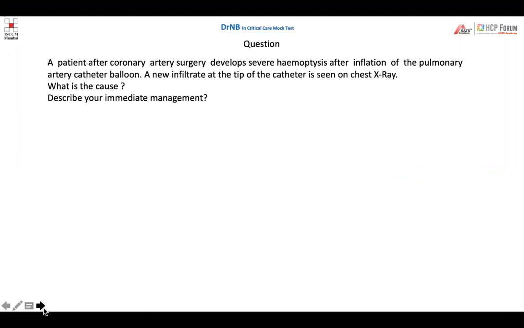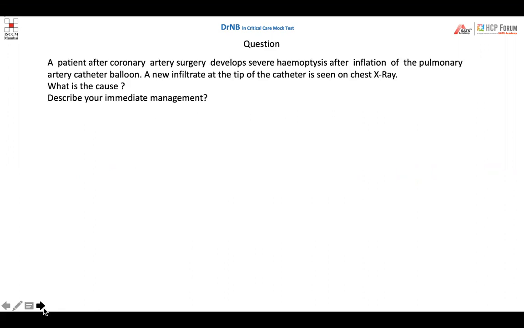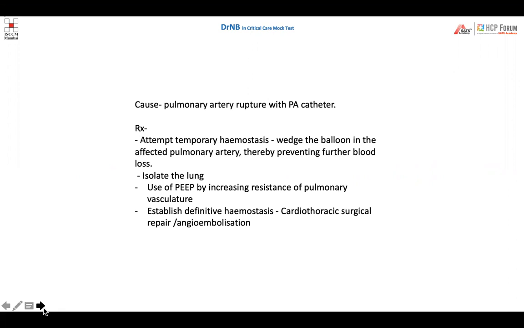A patient after coronary artery surgery develops severe hemoptysis after inflation of the pulmonary artery catheter balloon. A new infiltrate at the tip of the catheter is seen on the chest X-ray. What is the cause? So the history is quite clear that the pulmonary artery has ruptured because of the PA catheter, and the immediate management would be to do a temporary hemostasis by wedging the balloon into the affected artery,